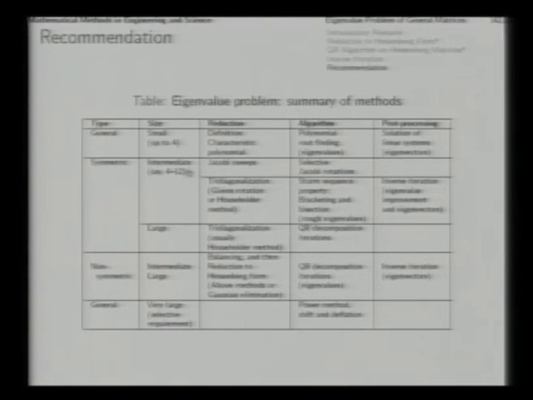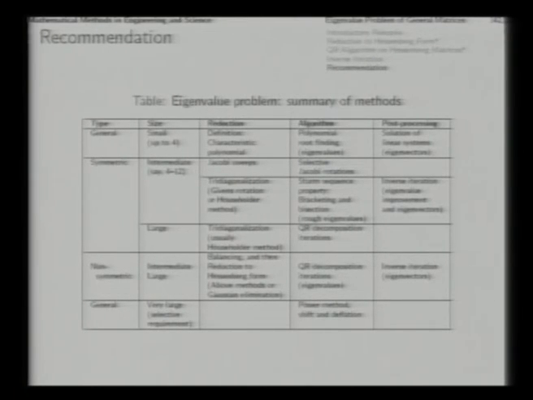Alternatively, for this range of size, for a symmetric matrix, you can first try to tridiagonalize by Givens rotation or Householder methods, and then use the Sturm sequence property, with bracketing and bisection, to find the rough eigenvalues. Once the rough eigenvalues are determined, you can use inverse iteration to refine the eigenvalues and determine the eigenvectors.